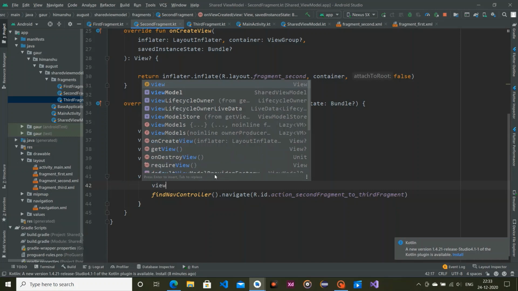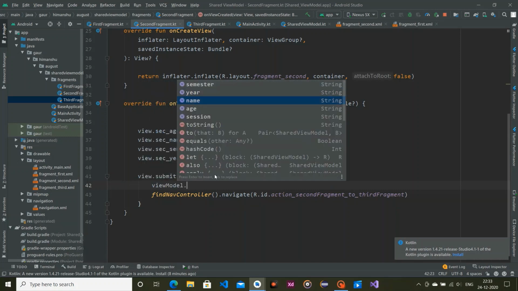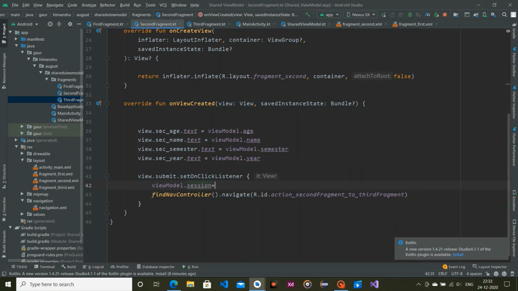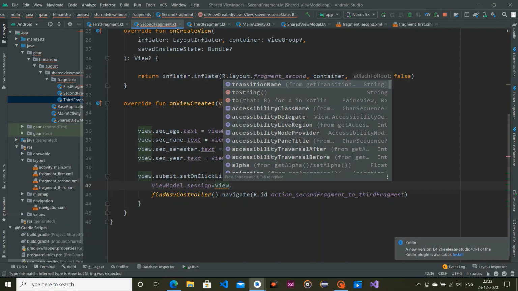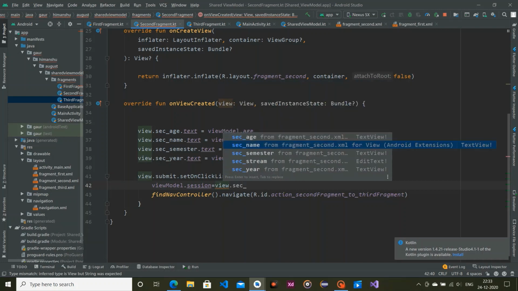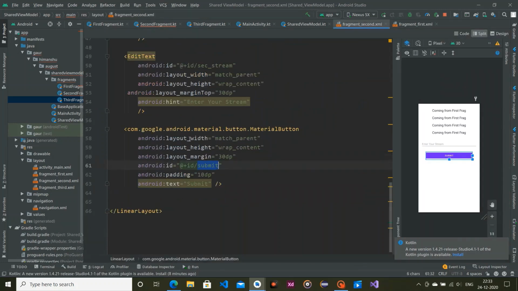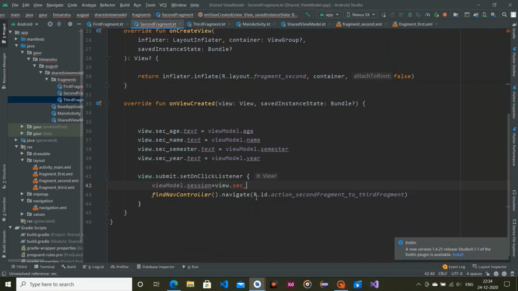By using viewModel.session, we simply use our edit text, so view.sec_stream.text.toString.